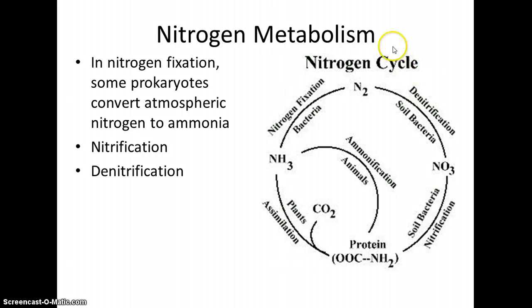The nitrogen cycle, we'll talk about this in a bit more detail in the ecology section, but this is the movement of nitrogen in its various forms through natural systems. And bacteria in particular play a really important role here in taking nitrogen gas out of the atmosphere, converting it into ammonia, a form that plants can use. And so this is extremely important to natural systems, to getting nitrogen into the system such that organisms can make proteins.